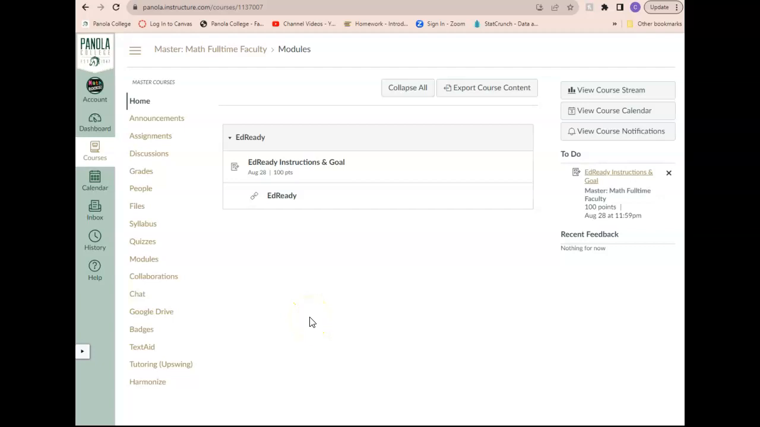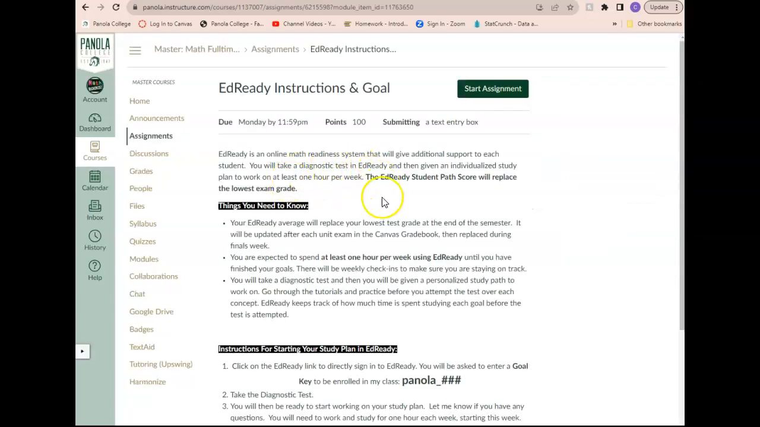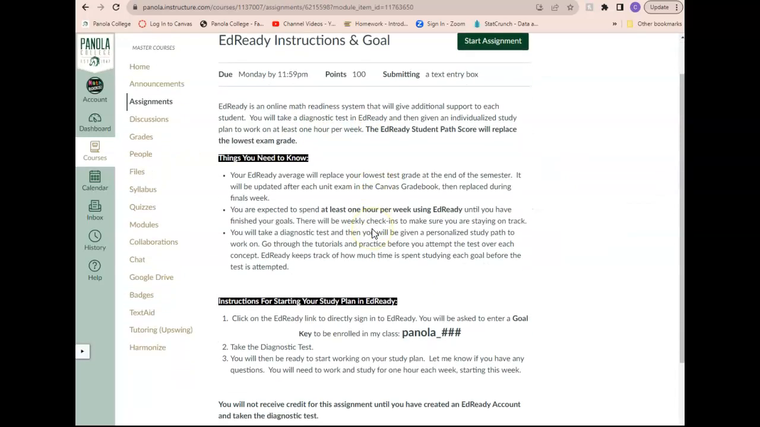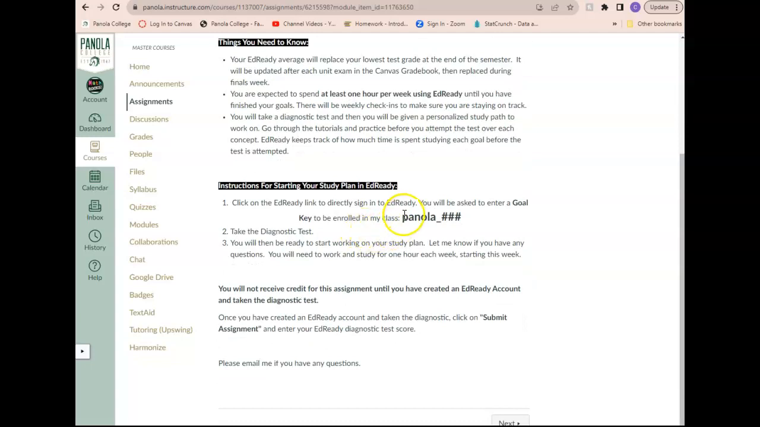This is a quick video on how to register and get started in your EdReady. First thing you're going to do is click on the EdReady instructions and goal. Read through these instructions carefully, and you're going to need your Panola goal key, which will be right here in